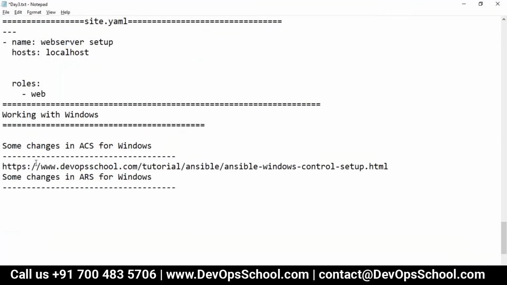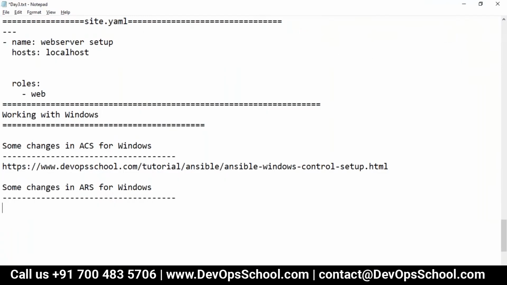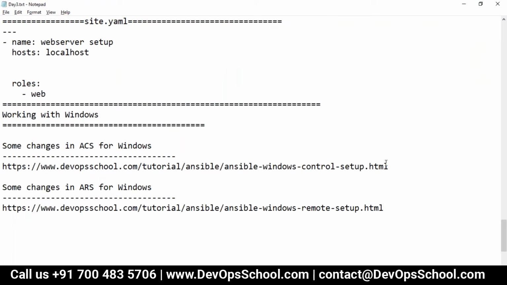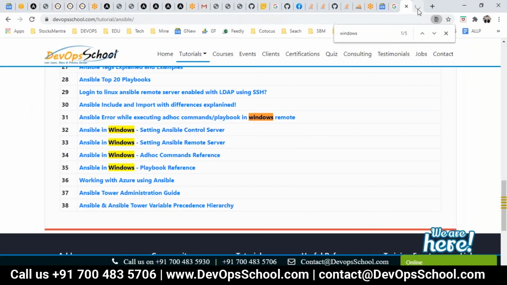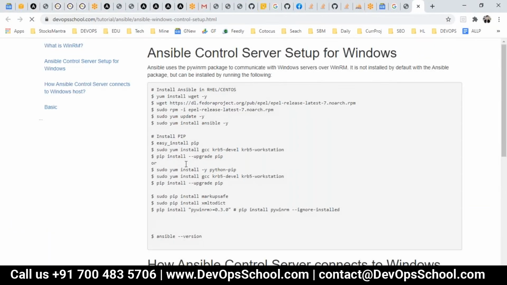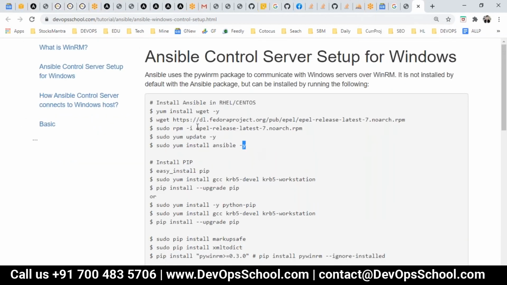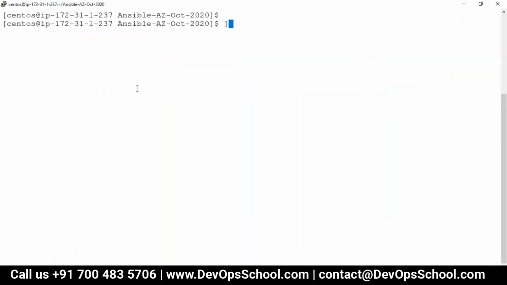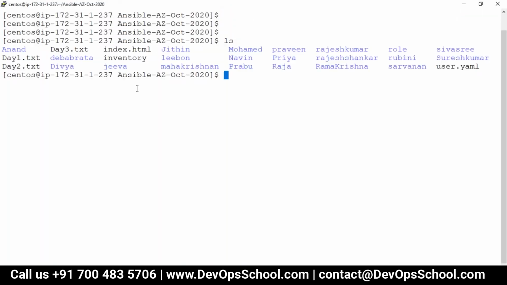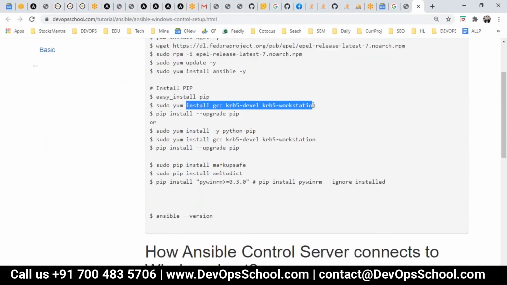These changes you have to do in ACS, and these in the remote server. Okay, now first thing I will do in the ACS. What changes? Let's do that. Now guys, in ACS, you have to have Ansible installed. Is it done? Done. So here you have ACS already, where we have Ansible installed already. You know that. Now next thing which we need is, I need these utilities to be installed.